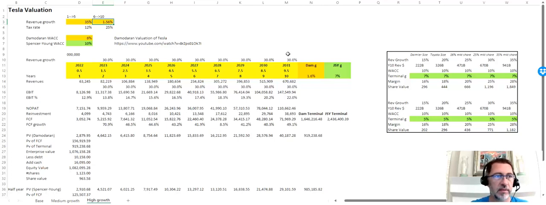I'm not going to spend time on that here. He also uses a tax rate for the first 5 years of 12%, and that increases to 25% in years 6 to 10. That relates largely to change in policy around subsidies, which indirectly impacts the amount of taxes that the company pays. So I have followed the tax policy. I don't have any other information that's different from that.